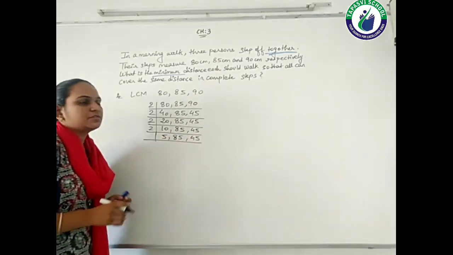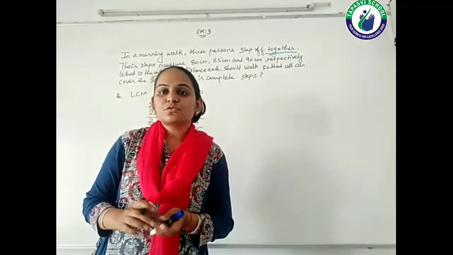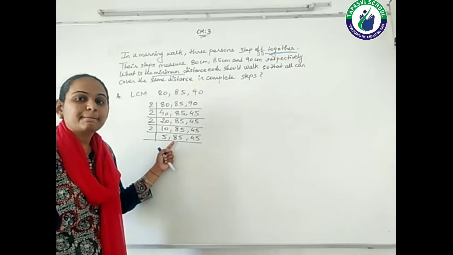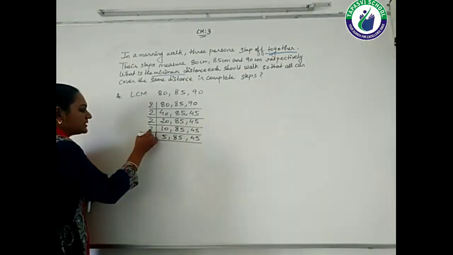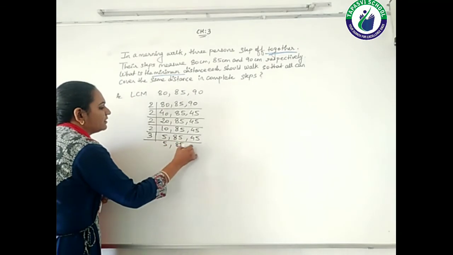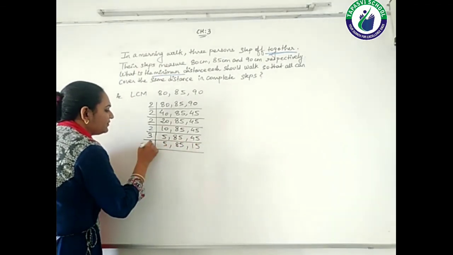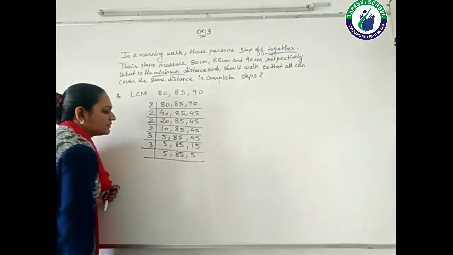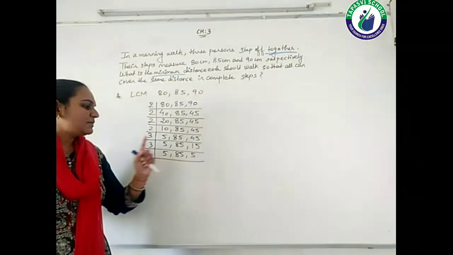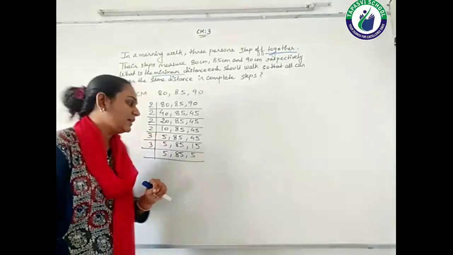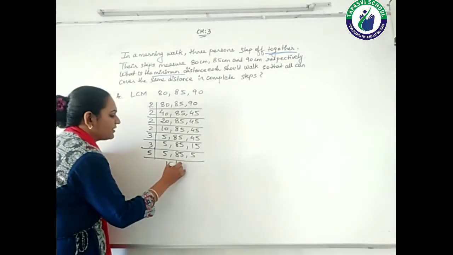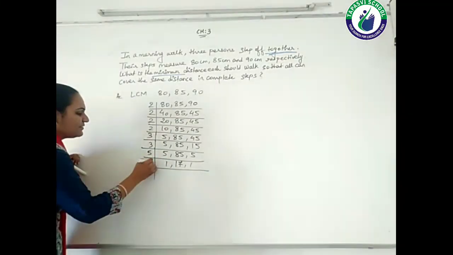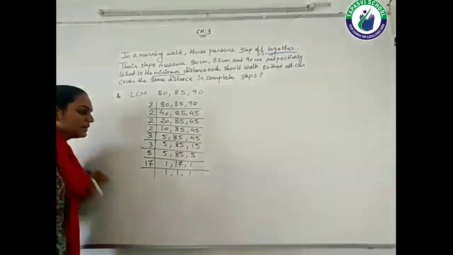Now see these three, all the three numbers are odd numbers. It cannot be divided by 2. So we'll give the chance to 3, right? 5 does not come in the table of 3. 85 comes? No. 45? Yes. It comes, 15, right? Again this 15 is divided by 3, 5. Clear? Now all these three numbers are divisible by 5, right? So 5 ones are 5, 17s and 5 ones are 5, right? Now 17 itself is a prime number, so it will not go into any other table.